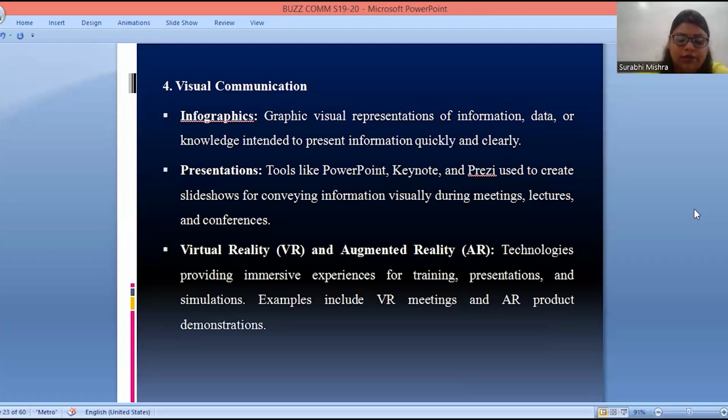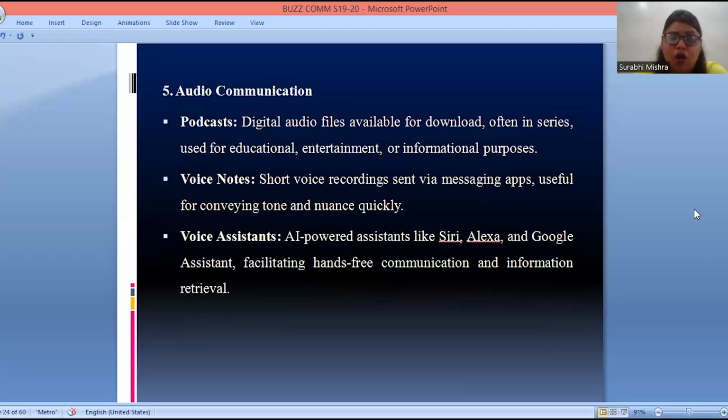Let's switch to another type of communication, which is audio. When we talk about audio communication, it means podcasts, voice notes, and voice assistants, right? We talk about digital audio files which are available for download, often in series, used for educational, entertainment, or informational purposes, right?